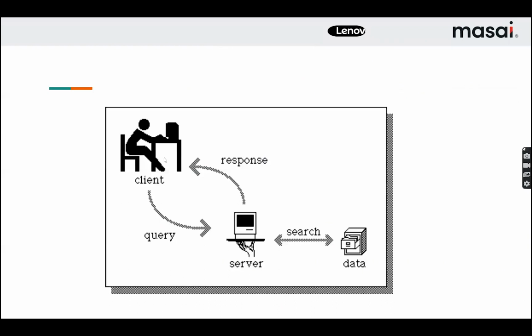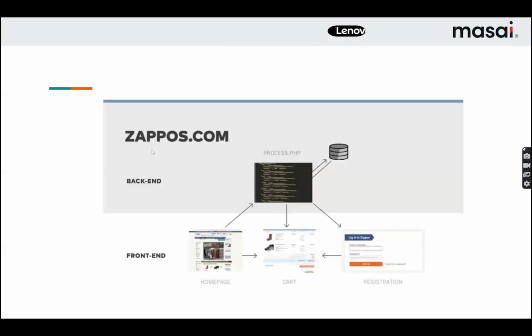So basically, there is a client which asks the server. Okay, it queries the server, and the server will search for that thing in the database, and it will respond with that data to the client. Okay, so this is basically the front end. Here you have the homepage, cart, registration, and in the back end there is a server running, that is a PHP server. And if you want something in the front end, if you want some pictures, or to see the orders you have made, anything, then in that case it will try to access the server, and